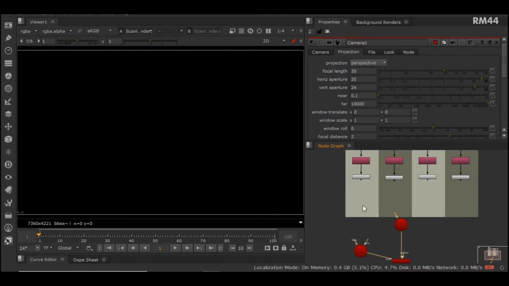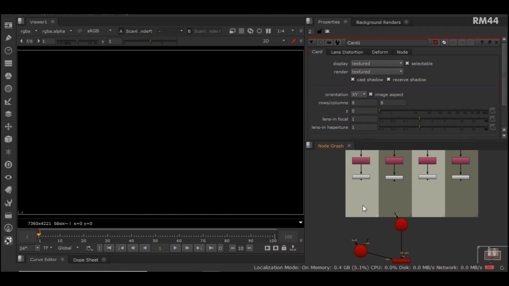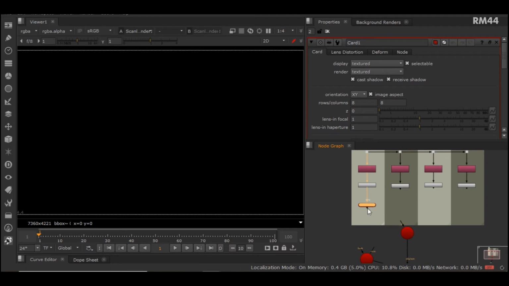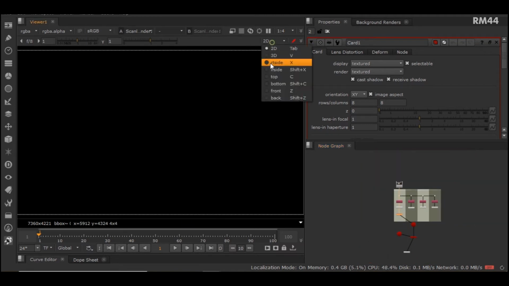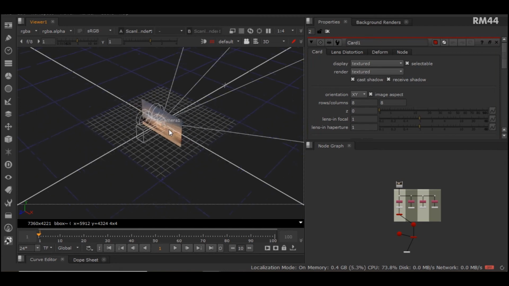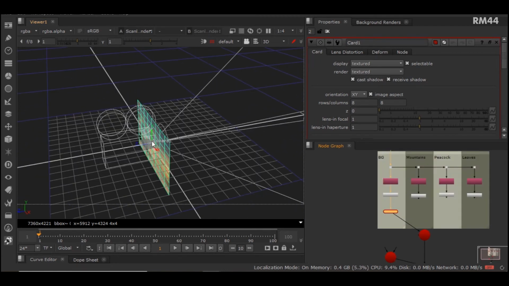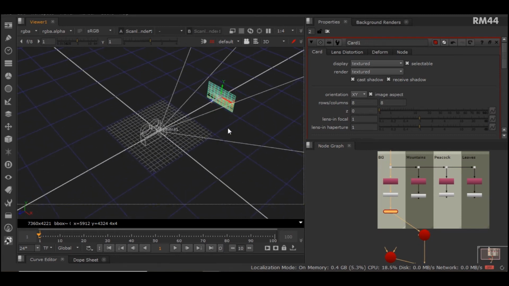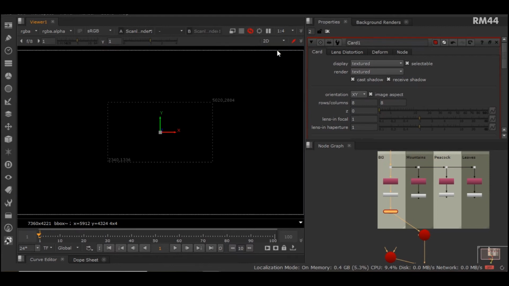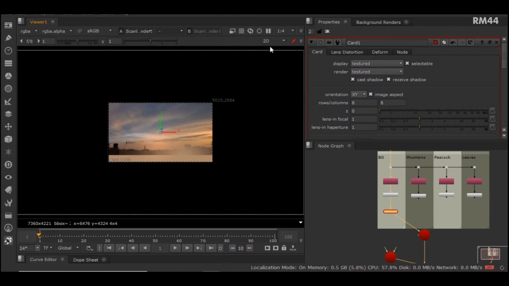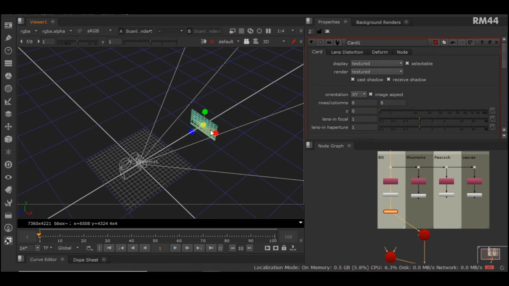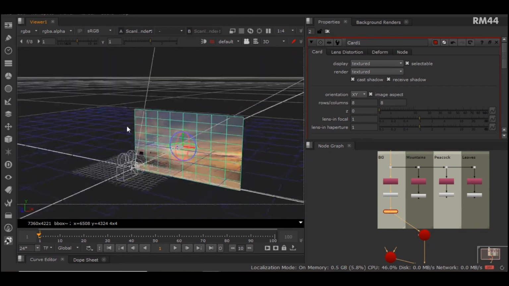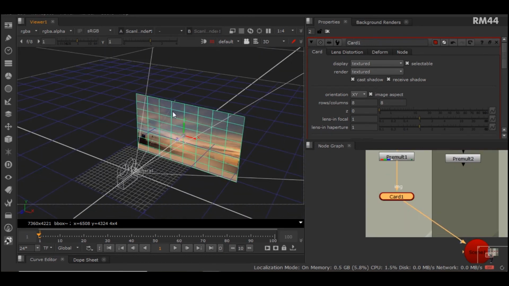And I will create a card. I will connect this card to this layer and connect this card to the scene. If you go into 3D view, we can see the card here. If I try to move the card from here and view it in 2D, you can see the scaling is not perfect. Even if I try to adjust the scaling manually, it is hard for me to scale it perfectly as per the frustum. So this might be a little bit challenging for us to set up in matte painting.